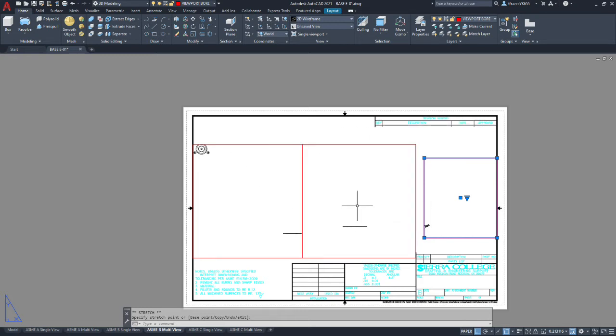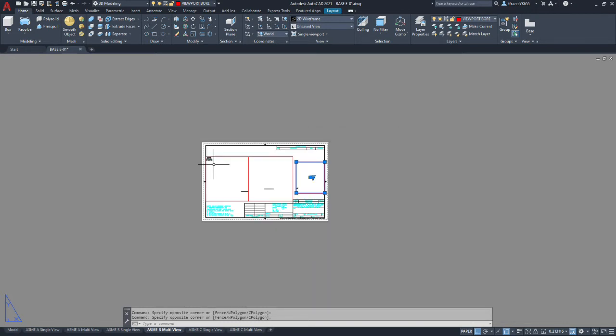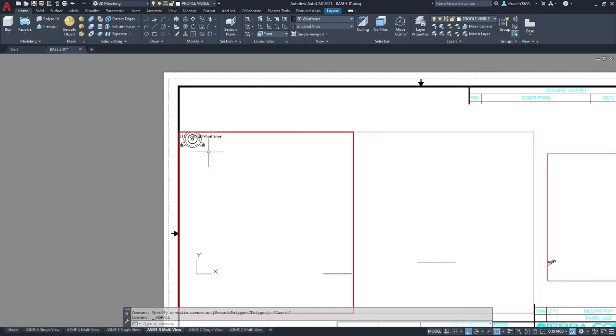Okay, so that looks pretty good. So let's go over to what's going to be our front view, and double click on that viewport, and we're going to zoom around until we have our front view visible.